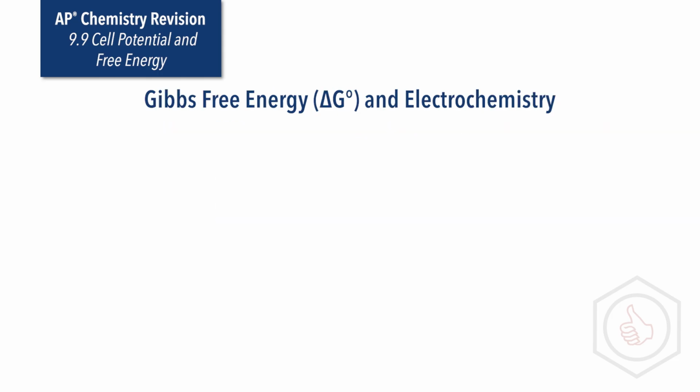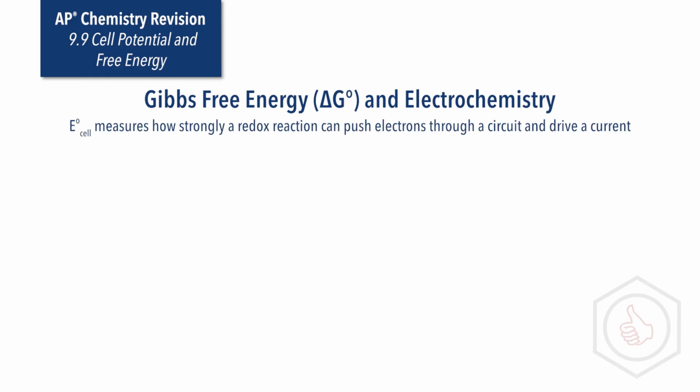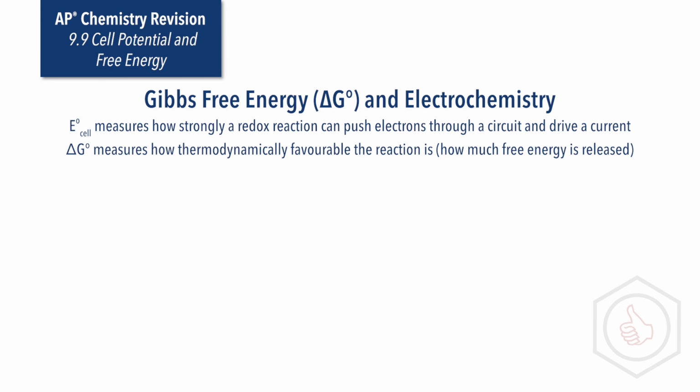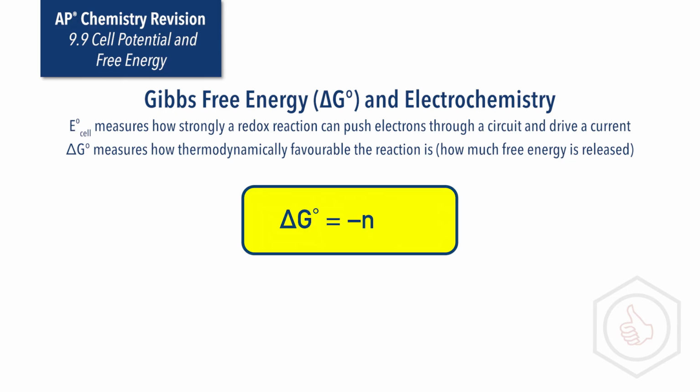The E cell value of an electrochemical cell measures how strongly a redox reaction can push electrons through a circuit and drive a current. Standard Gibbs free energy change, delta G, measures how thermodynamically favorable the reaction is, so how much energy is released overall or required in terms of free energy change. The energy available to drive an electric current, so E cell, comes directly from the energy change in the chemical reaction, so delta G. These two quantities are linked by the equation delta G equals minus N times F times